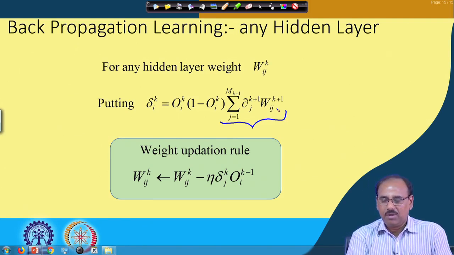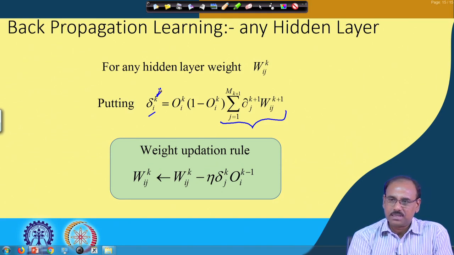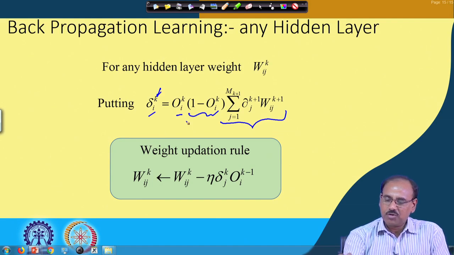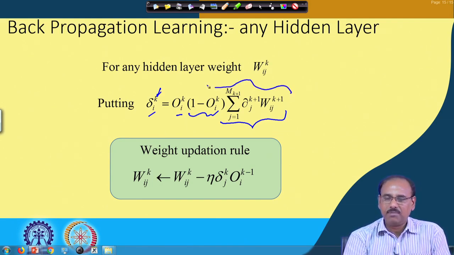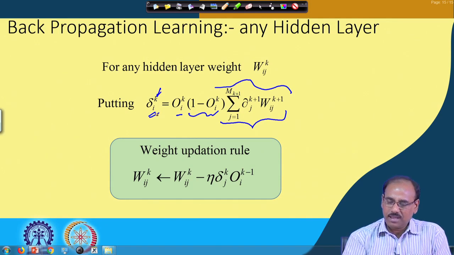So, I am taking any of the hidden layers, say the kth layer, at which I can put this delta_i^k, where k is lowercase, meaning it is any of the hidden layers. That simply becomes O_i^k into (1 - O_i^k) into the summation of the contribution of the error term that you are getting from the (k+1)th layer. That gives you delta_i^k,